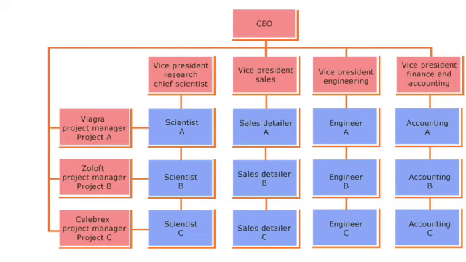So the final one that we're going to look at is going to be a matrix structure. And the matrix structure is a hybrid of functional and product-based structures where employees are organised into teams or work groups with a dual reporting relationship, typically to both a functional manager and a product or project manager. So this structure is often used in large organisations that have complex and diverse products that require input and expertise from multiple departments. So as we can see here, what we've got is a pharmaceutical company, and